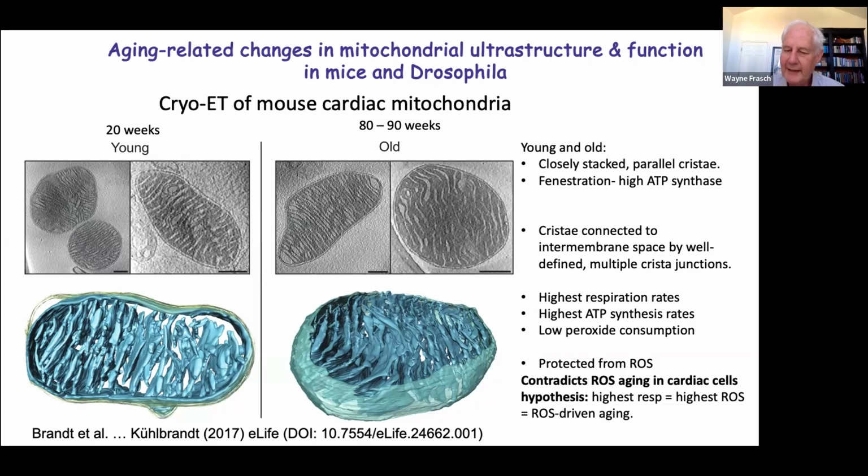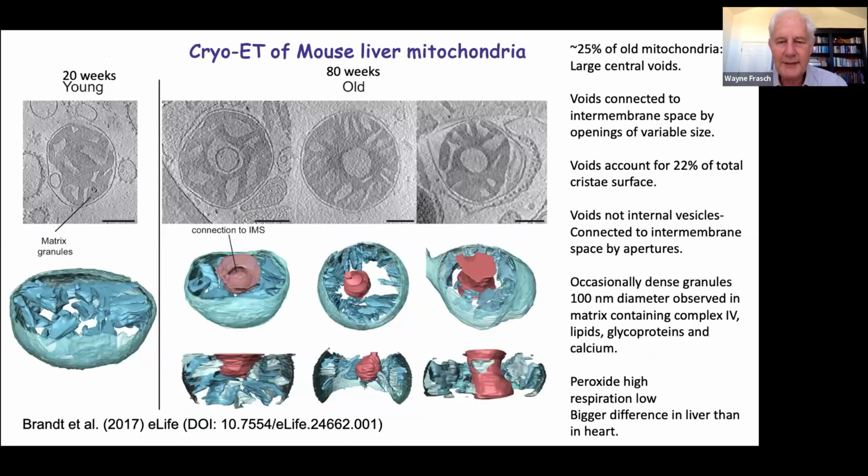And he found that these cardiac mitochondria are protected from ROS somehow. He doesn't know how, but this kind of contradicts the ROS aging in cardiac cell hypothesis, where high respiration equals highest ROS, but then the high ROS gives rise to aging. Now, I'll tell you about a different study in just a minute that also extends this work. But let's look now at the,